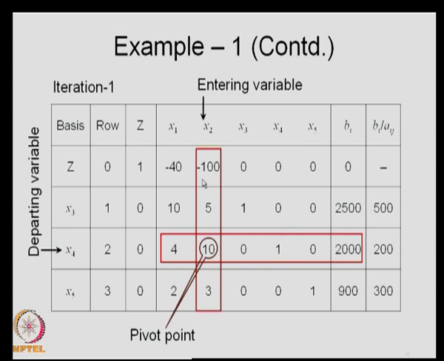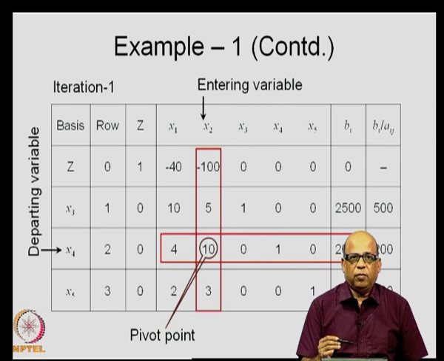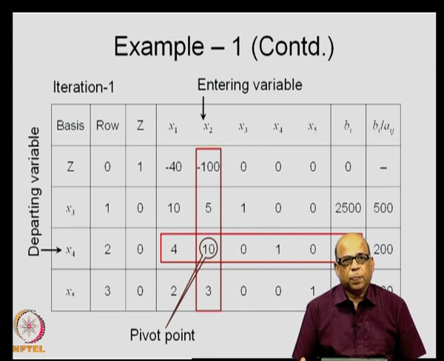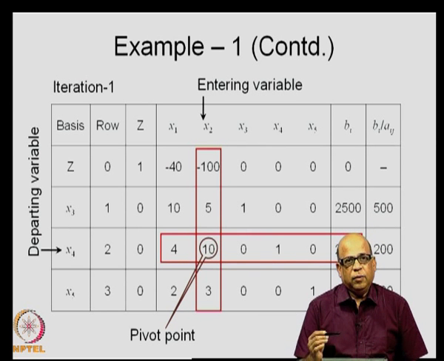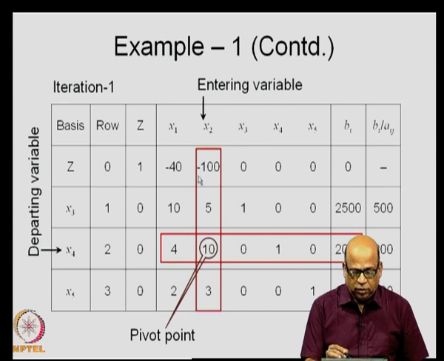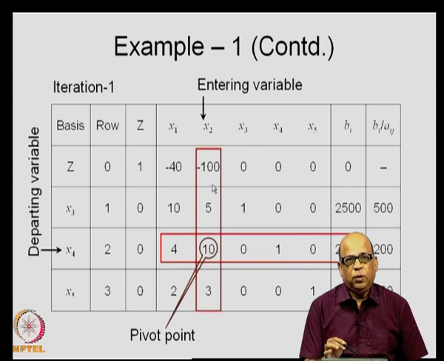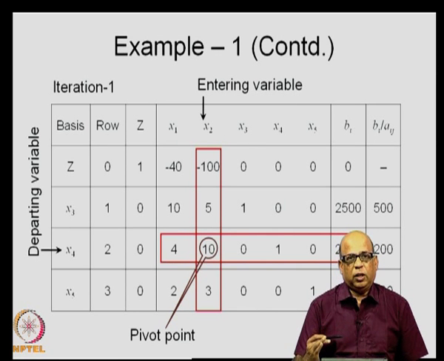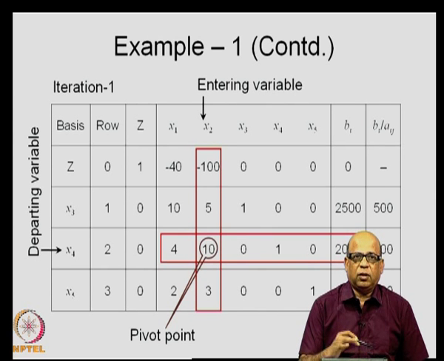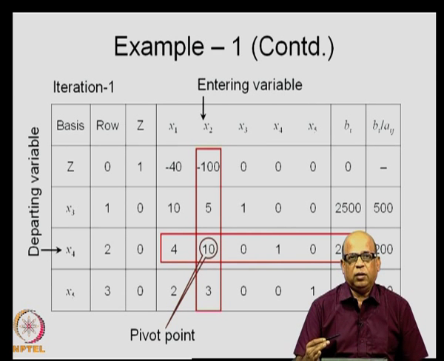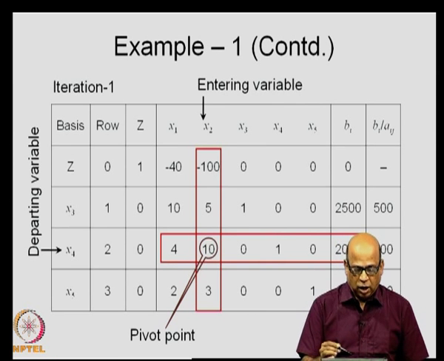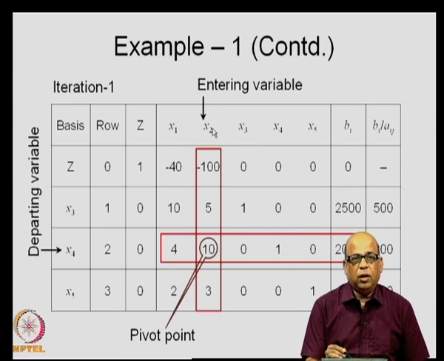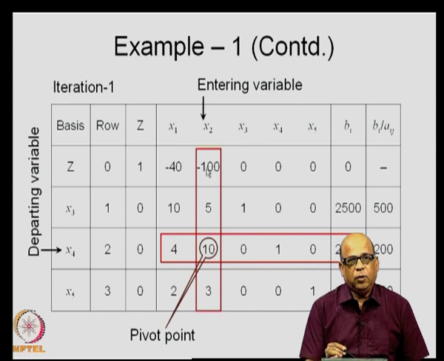And once you identify that the solution is not optimal, the second step is to find which currently non-basic variable can enter into the basis. The answer is that the variable which has the highest negative coefficient in the z row will enter the basis, because that is the one which will increase the objective function value the fastest, and we are interested in the maximization problem, and therefore, we would like to increase the objective function value the fastest. Therefore, the variable which has the highest negative coefficient in the z row will be the entering variable.